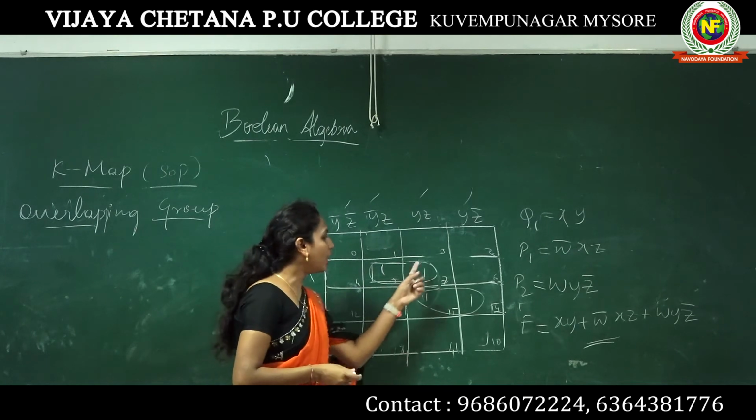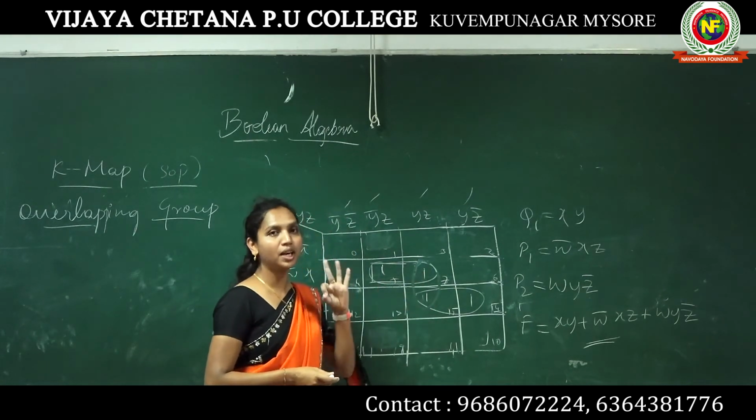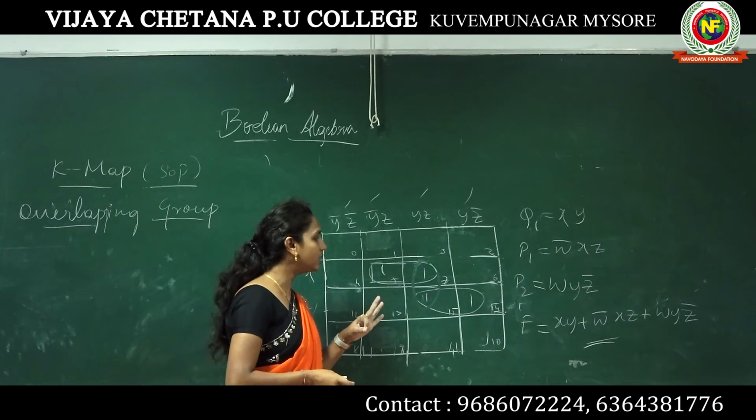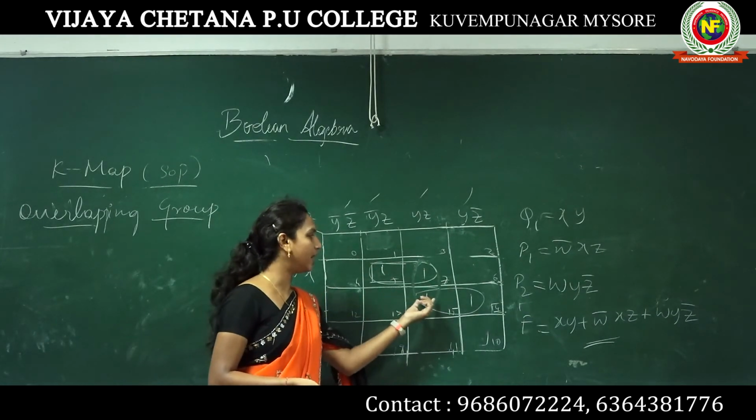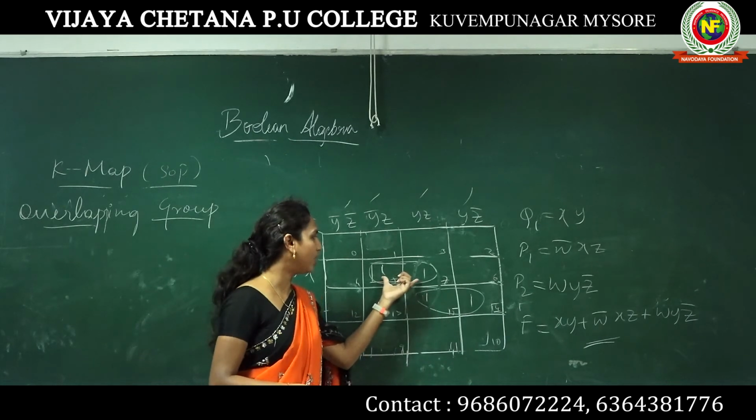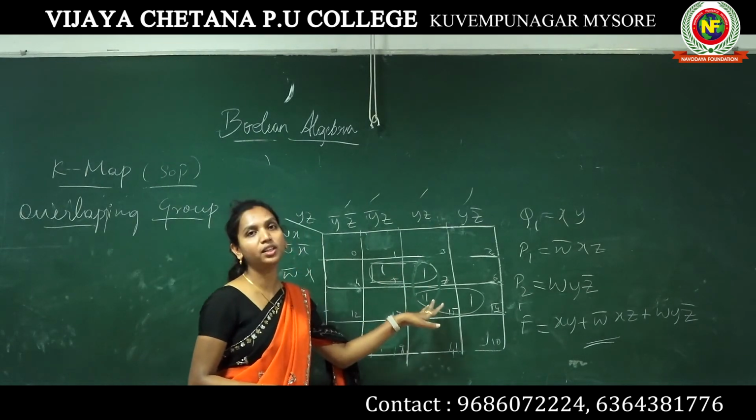So here, if you are considering this also one pair, it becomes three pairs, right? Now we have to reduce the group. How are we reducing? Just negating this pair, because these two ones are already within another pair.